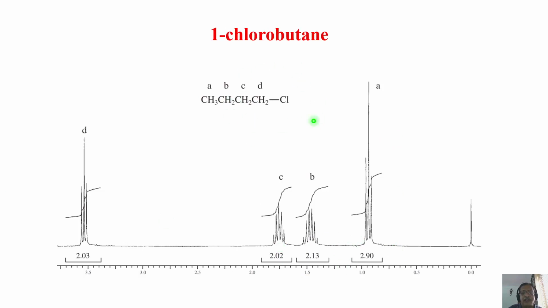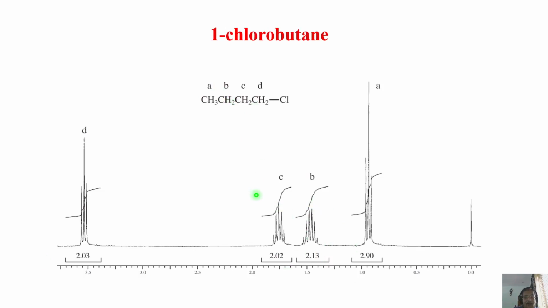You can also use your knowledge of chemical shift with an electronegative substituent. You say this comes down and CH3 comes up. The only confusion was between the CH2s, which is which, for which you look at the multiplicity pattern. Very simple molecule, and you see so much information you can get. CH3 comes here and the CH2 attached to the chlorine comes downfield. You can utilize the multiplicity pattern, intensity pattern and area of the peak. And for assigning B and C, use the pattern you get.